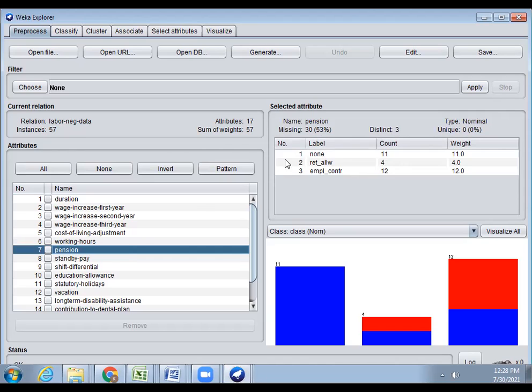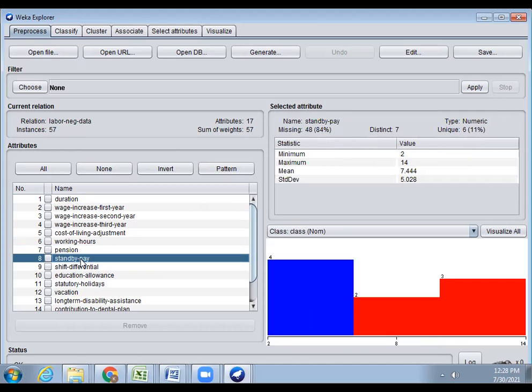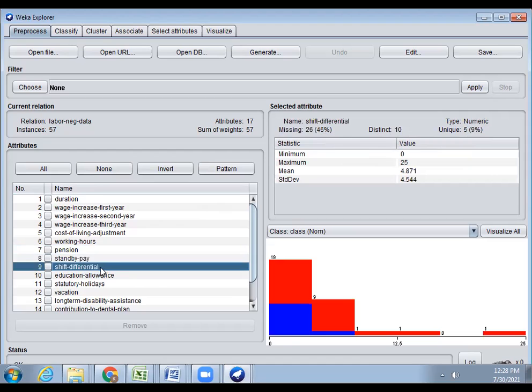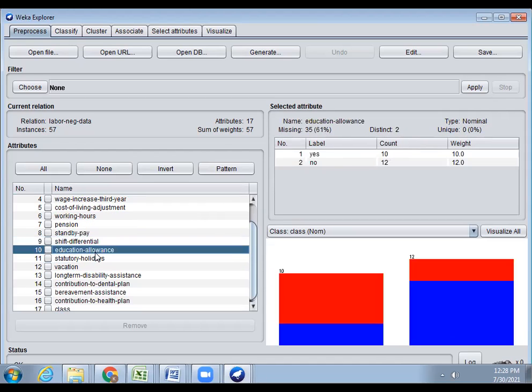Then standby pay is 84% missing, and shift differential, education allowance. This is also nominal, so yes or no, that is a text format.